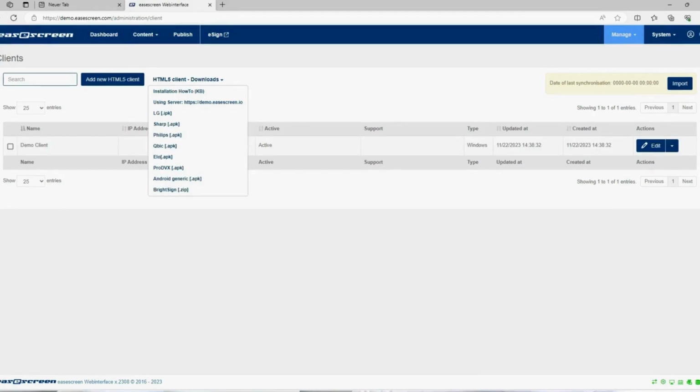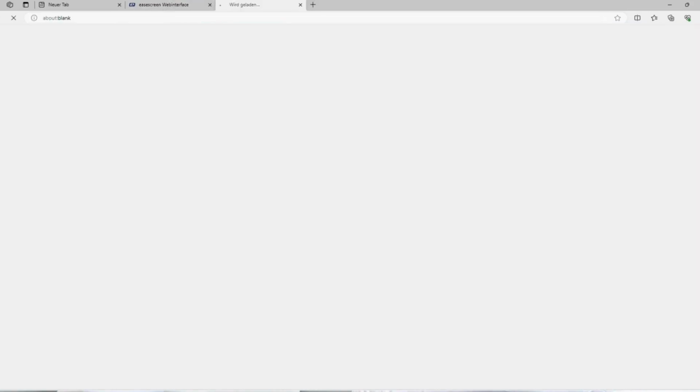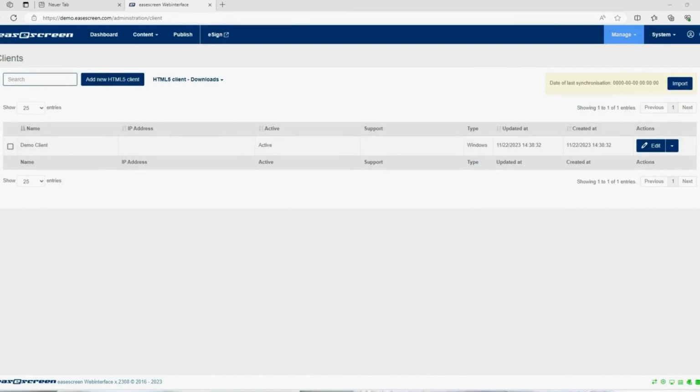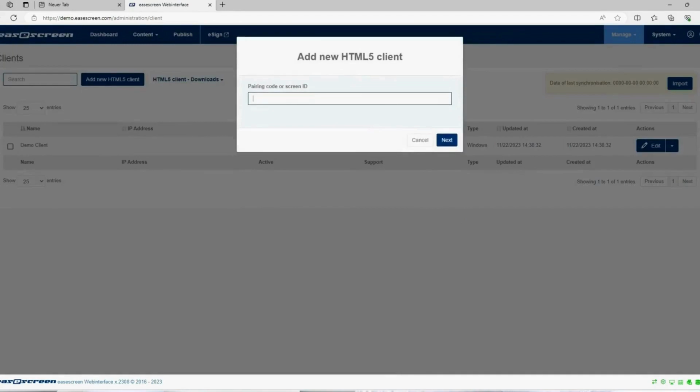So to do so, I will click here, and it opened up my HTML5 client. My HTML5 client is now running and waiting to pair. To pair this HTML5 client, I will use this code down here and go to Add New HTML5 Client here in my web interface, and with this pairing code I saw before,